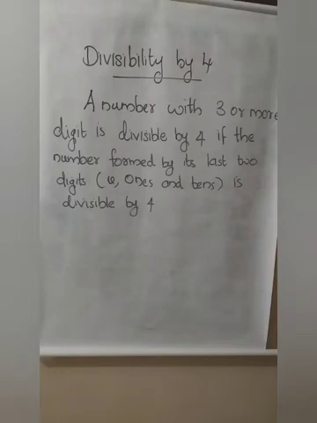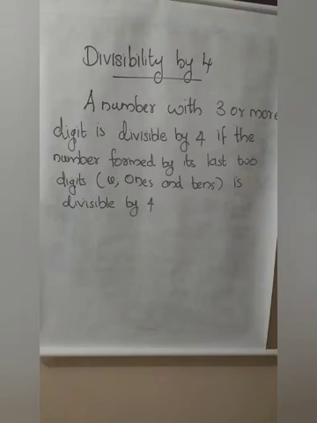For 2-digit numbers also, if you use it, no problem, because in 2-digit numbers only 2 digits are there, that is ones and tens only. So you can compare like that also. But the rule is more applicable for 3 or more digits. So when you get a 3-digit number or a number with more than 3 digits, how can you check the divisibility by 4? In that case, you have to take only the last two digits.